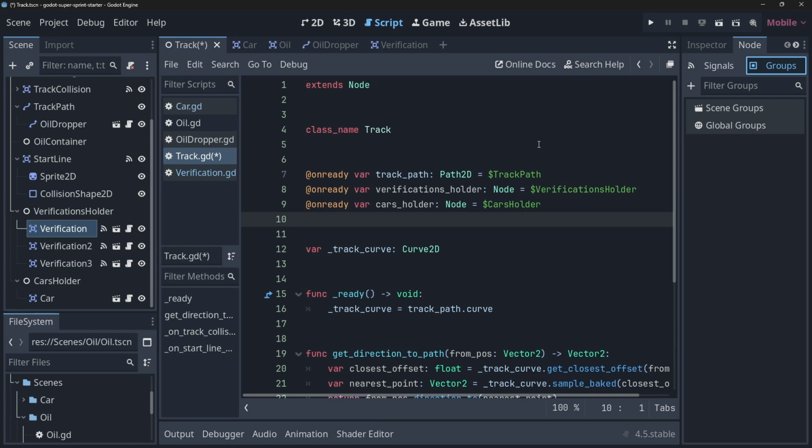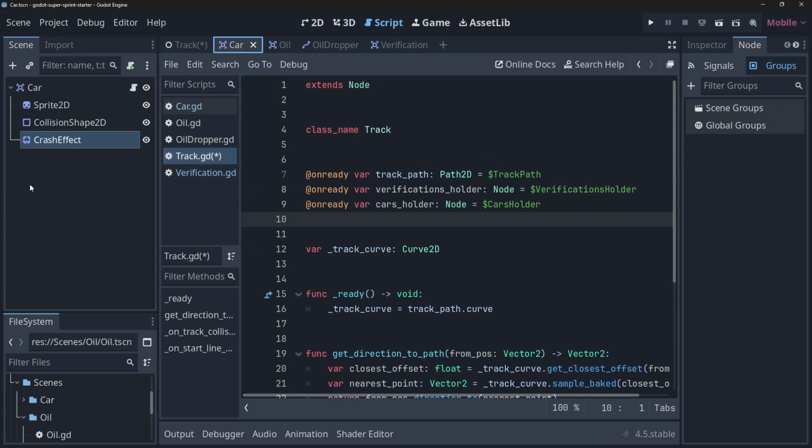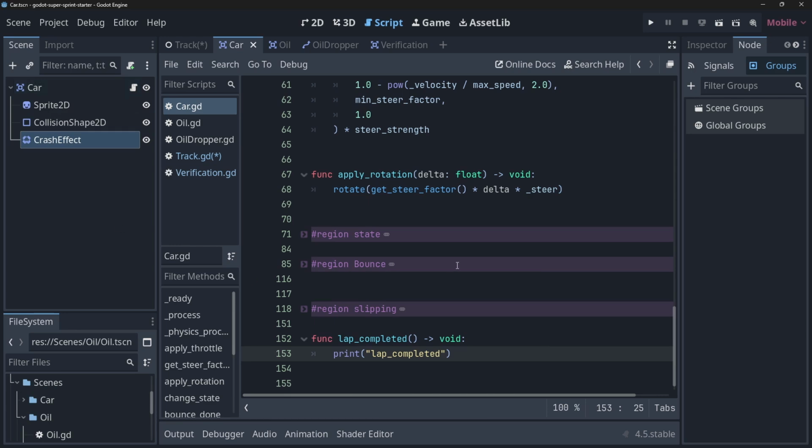That's perfectly valid, and if you've got quite a bit of experience with Godot and that's the way you do things, then by all means do that. It's not my preferred way of doing things because I don't like things being coupled together like that. So what I'm going to do instead is go to car and then open up the car.gd script, and at